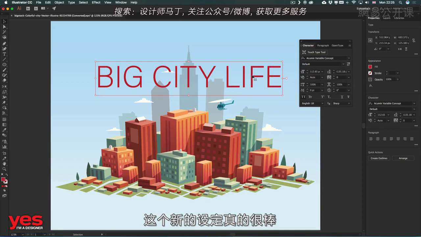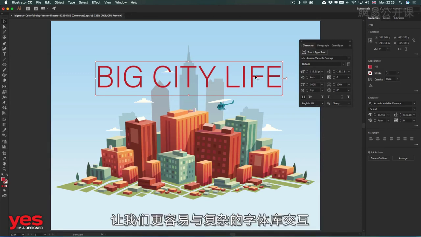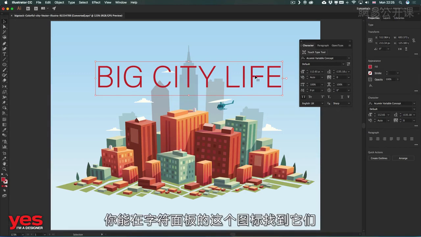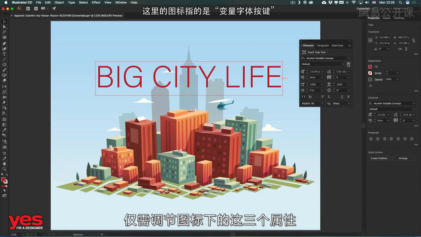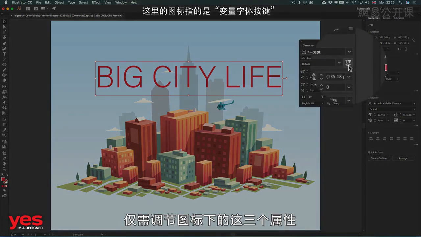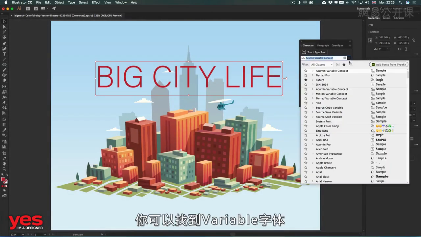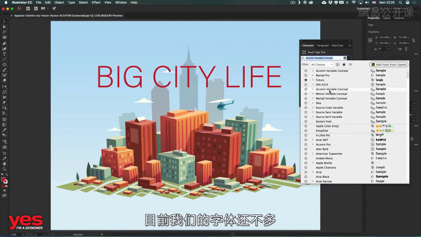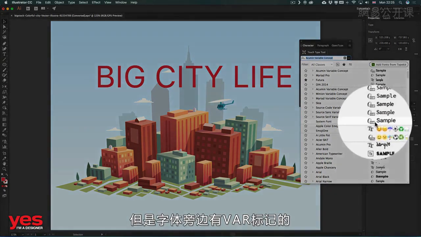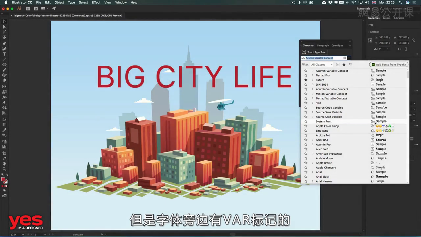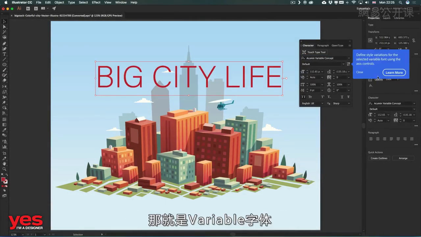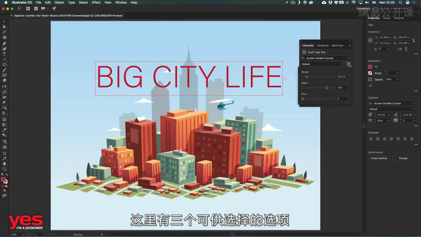It's an amazing new concept which allows us to interact with a complex font family, and instead of looking for the right version of a font, we can just tweak 3 attributes which you can find from the character panel through this icon here. So if you choose a variable font, which you will find here in this category, at the moment we don't have many of them, but whichever has a little icon next to it with VAR, that is a variable font, that is going to let you choose these 3 options: weight, width, and slant,